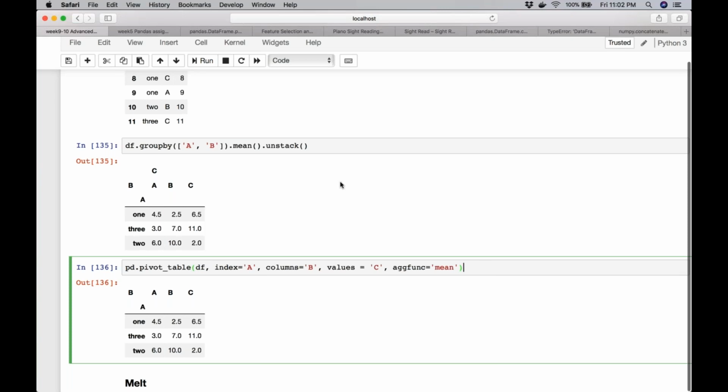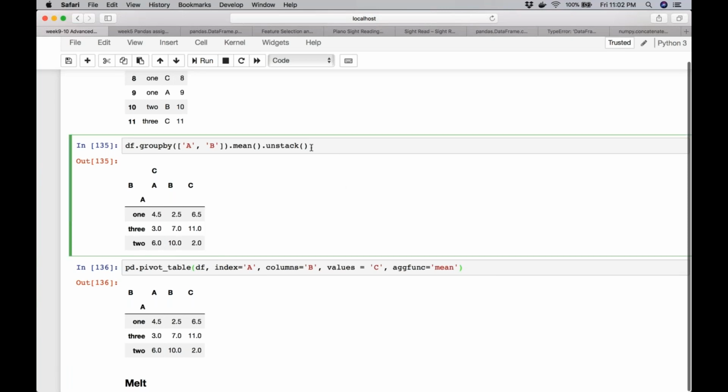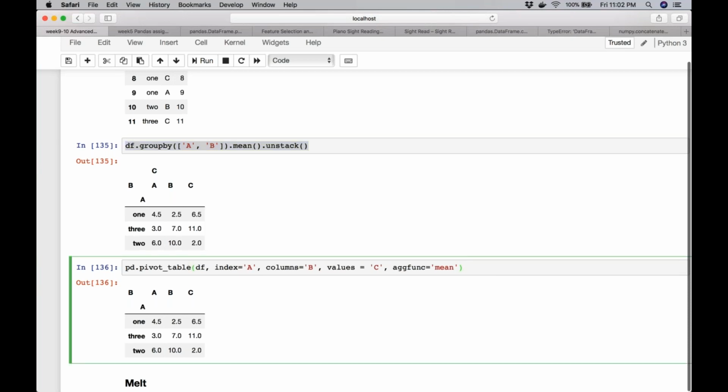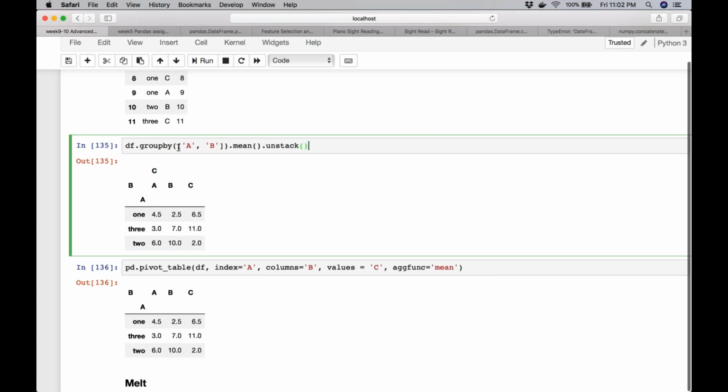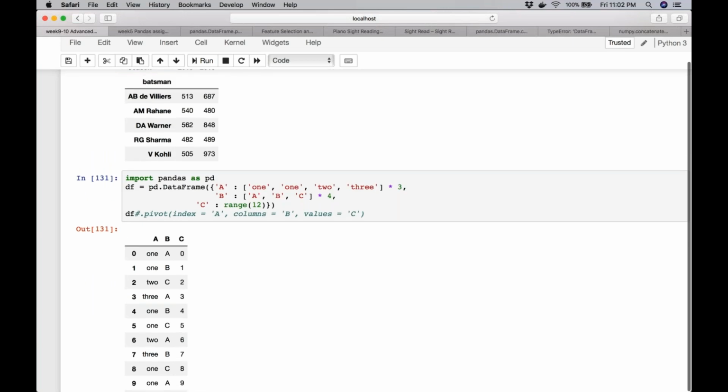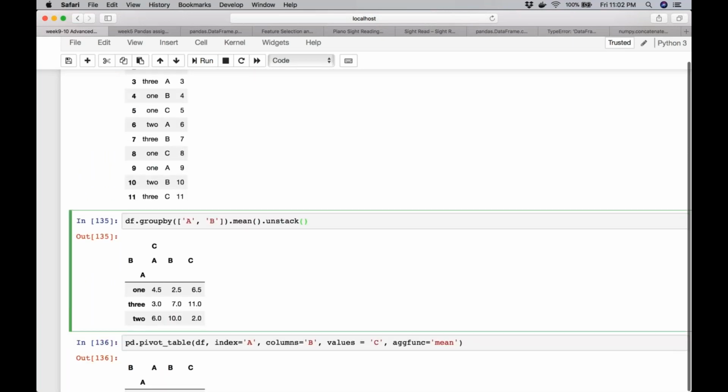Don't worry if you don't fully understand the unstack part, the set index and unstack, or the group by and unstack. In fact, the purists of pandas say that you should not even use this because there is a function written for it, right? They consider this to be more hacky. The reason I use this is that when we do this, it becomes a little more clear as to what's really happening. Pivot looks like magic, right?